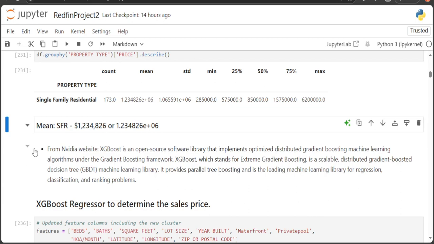And in today's video, we're going to run the XGBoost Regressor Model to determine the sales price for single family homes. And from the NVIDIA website,